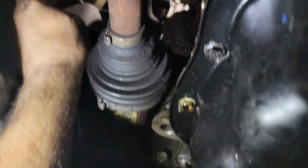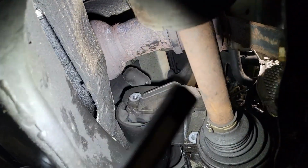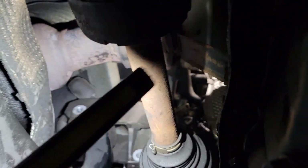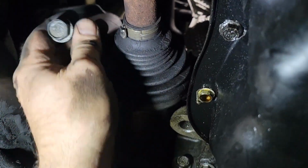Okay guys, this bolt will come out. We can't get it back in with the exhaust pipe there like that and that engine mount on top. That's why we're removing that top plate of the mount. You'll see it all makes sense towards the end of the video, but for right now, this one's an 18